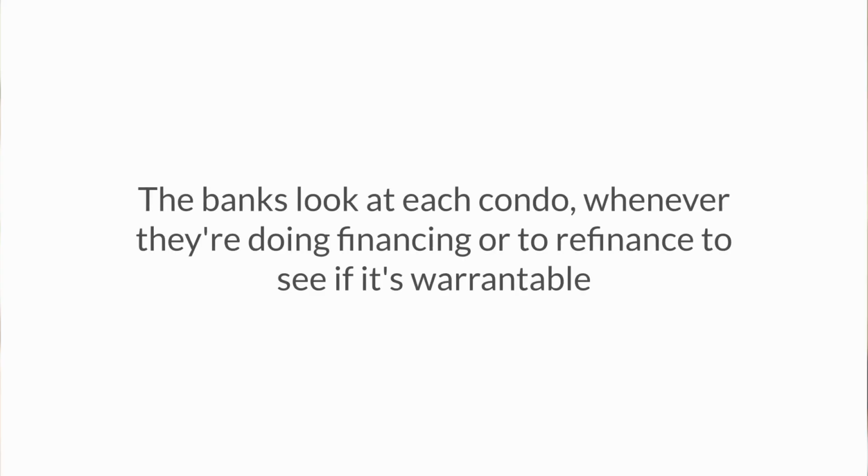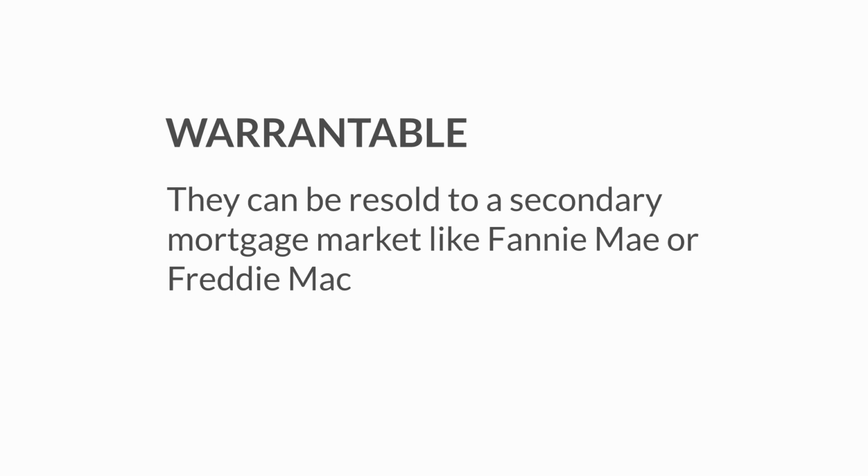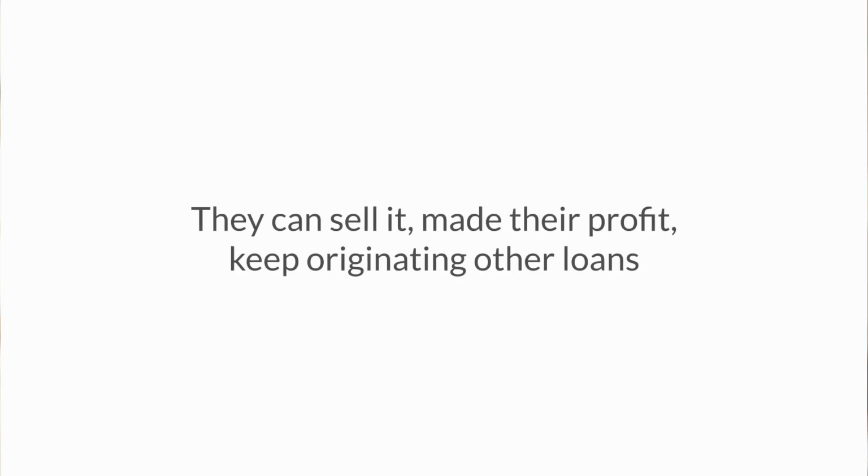Why this matters is because the banks look at each condo whenever they're doing financing or a refinance to see if it's warrantable. And warrantable means that they can be resold to a secondary mortgage market like Fannie Mae or Freddie Mac. That's the majority of banks, right? So any bank, let's say your local little bank, will actually sell that loan off to someone else. And they want to be able to make sure that they can sell it, make that profit, and keep originating